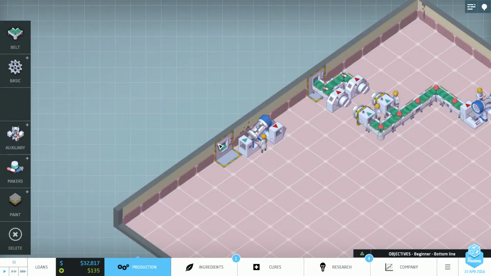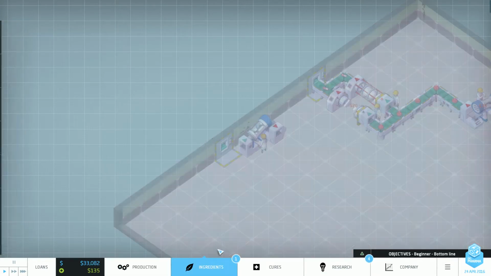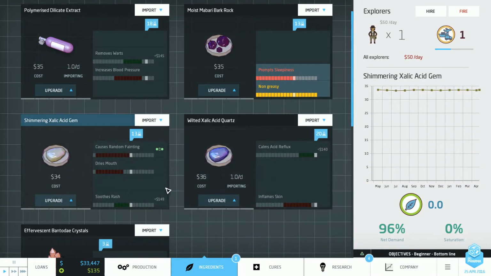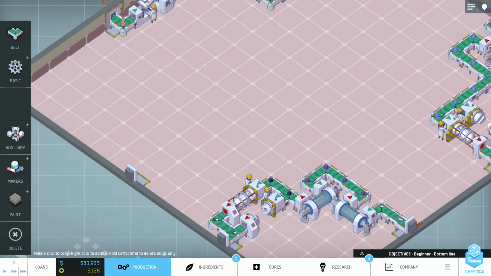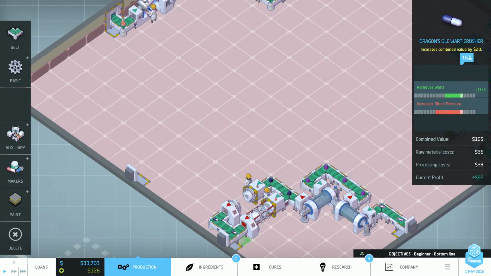So if we come back to our production, grab our ingredients to begin with. So we want this particular ingredient, so let's import. Oh, that's very unfortunate. Once we've imported something, for whatever reason...